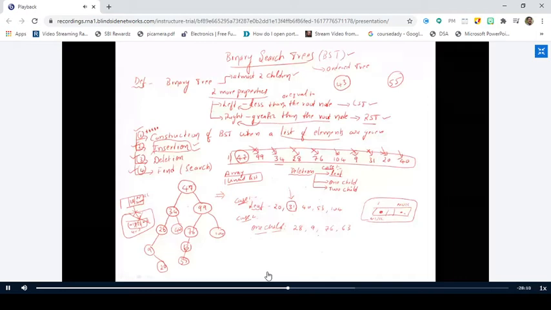Now let us check how to delete 9. Can you delete 9 simply like this? We cannot follow the previous process. Why? Because in the previous process, since the node does not have any dependents, that means it does not have any children, you can simply delete it. But here 9 is having one dependent, that is, it is having a right child. So while deleting the node with one child, you should make the dependent link to somebody else.